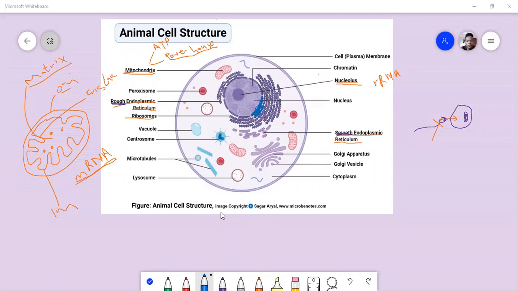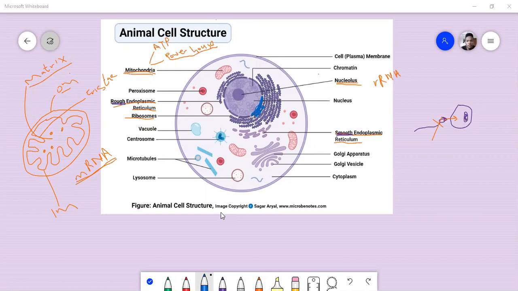For example, your pancreas has to transport and secrete digestive enzymes, right? So if you see a cell that has more endoplasmic reticulum, it means that cell synthesizes a lot of proteins,